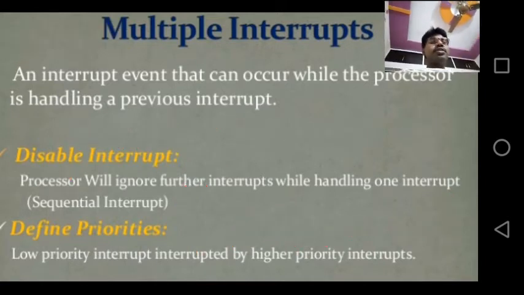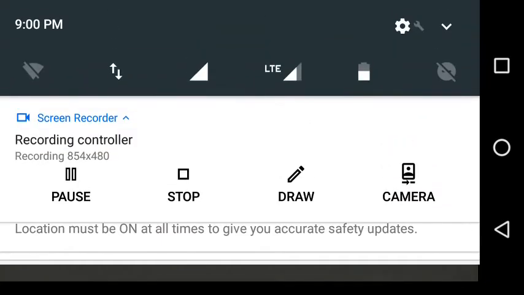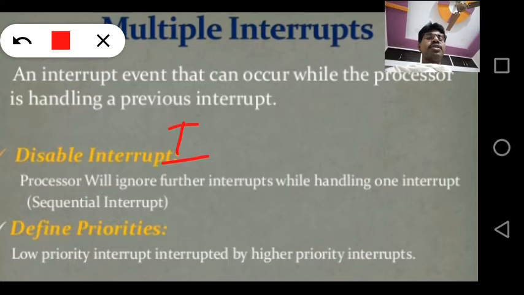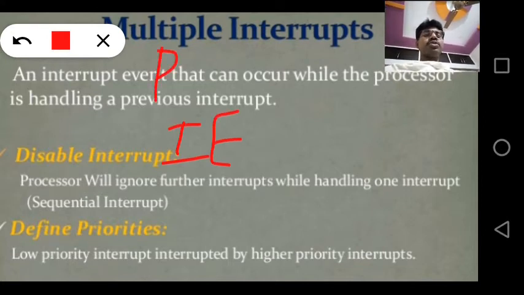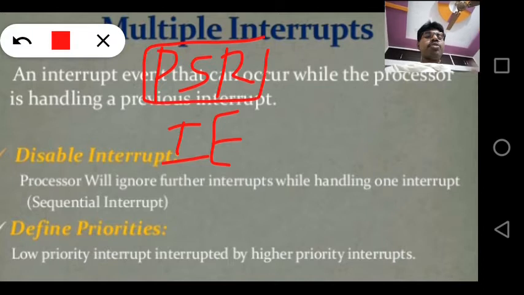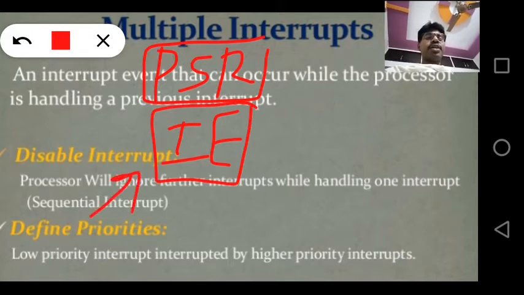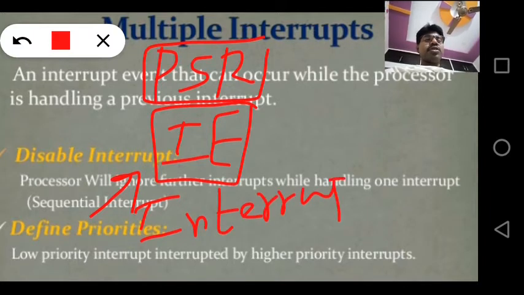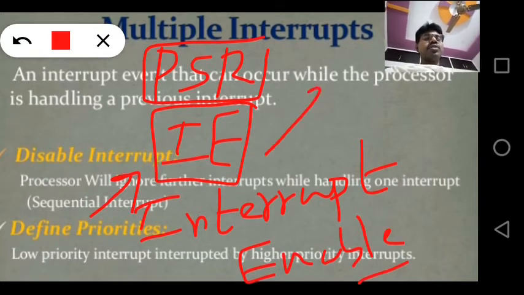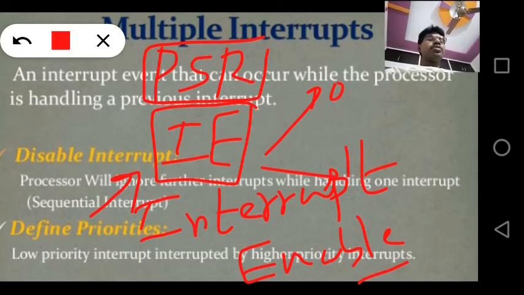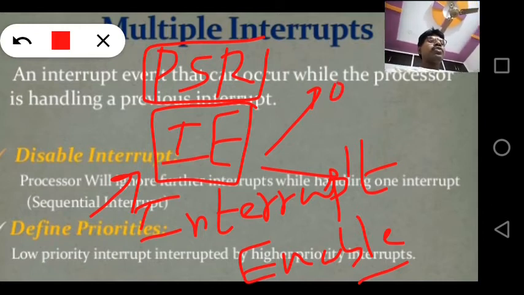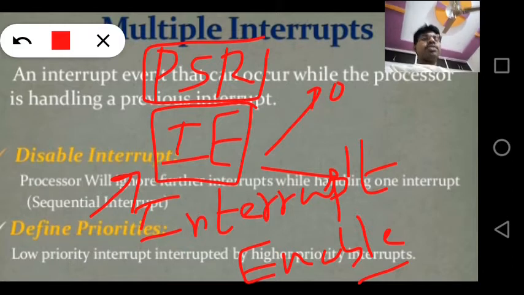So the solution is to disable interrupts. Remember when we discussed different priority types, there is a processor status register, and in that register there is a special bit called interrupt enable, IE. With this you can set it from 0 to 1. So the processor will ignore further interrupts while handling an interrupt if you disable interrupts, that is, if you set IE to 0. But this is not a good thing, because